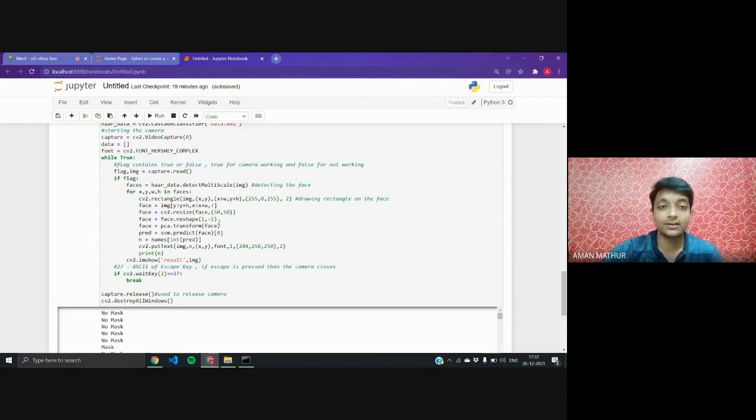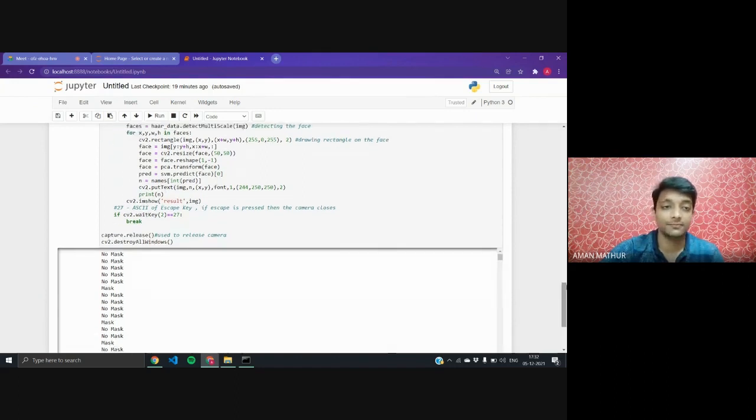Otherwise our camera will continuously take the images of our faces, and it will mark them as masked images or non-masked images. All of this will be used for resizing our image shape, resizing our faces, and then detecting the faces and drawing rectangles. And if the escape key is pressed, then our camera will be stopped.